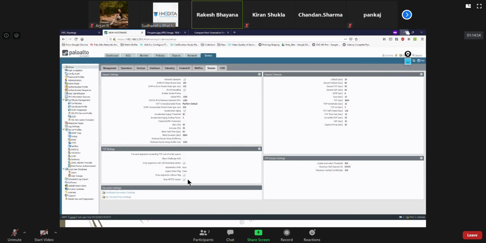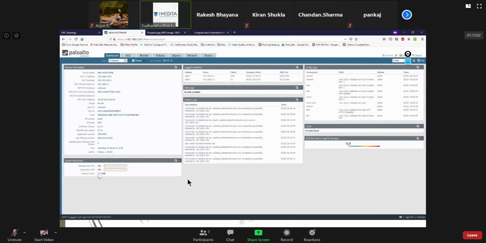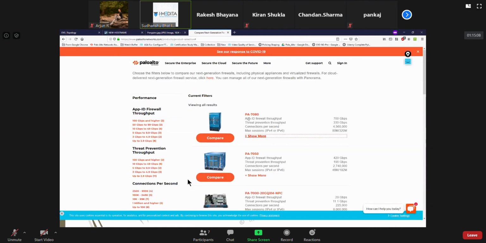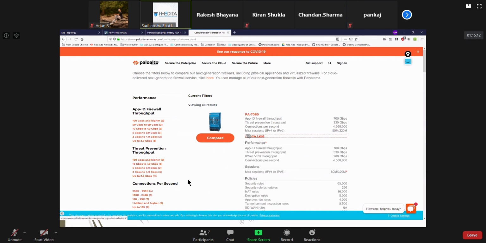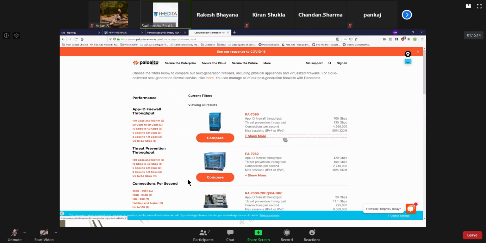So it's basically the capacity of your firewall, don't say capacity of license, because this is for the lab environment. But the capacity of the firewall you go for, like if you look at this firewall now, it supports a lot of sessions, 80 million sessions.